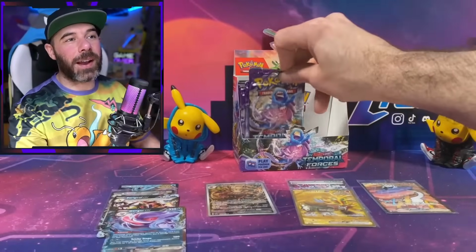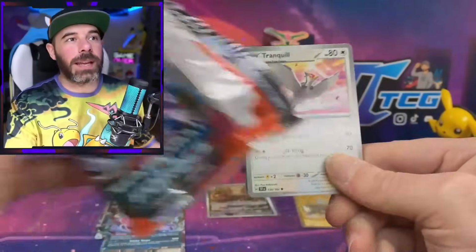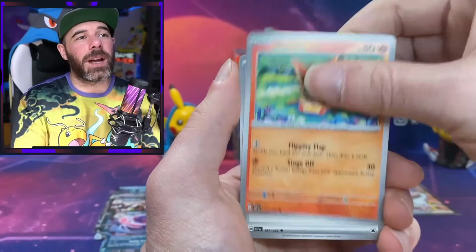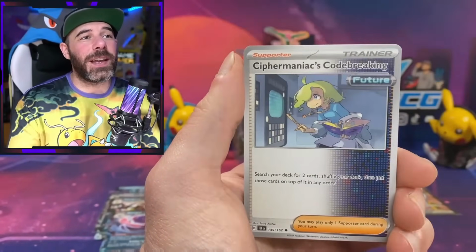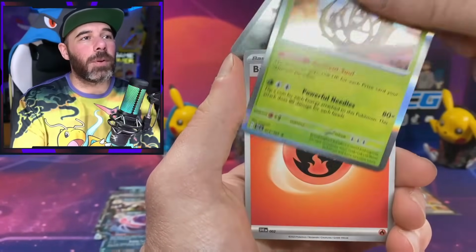And I actually think that that card might potentially see play too. One prizer that can do a lot of damage if you're playing an ancient deck with a lot of ancient cards in your discard pile, I do think could be pretty good depending on where the meta goes here. Mist Energy, another fantastic card in this set. Might revitalize Lugia a little bit. We have Dunsparce, Bramblegast,